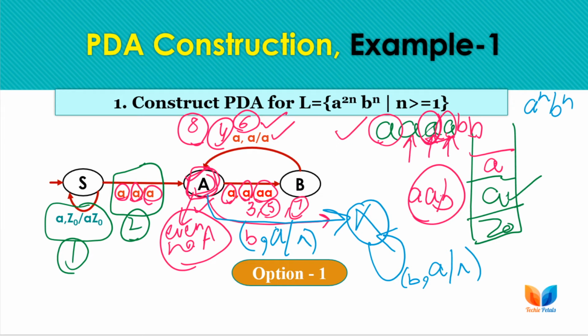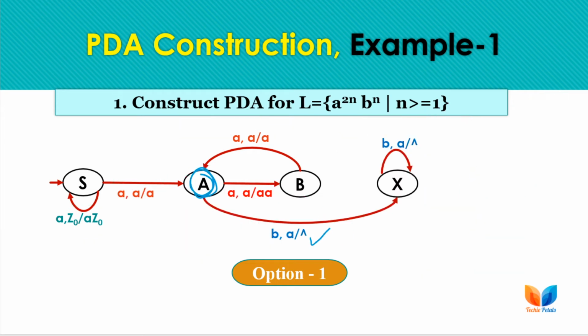A is the state where we are ending after reading an even number of input symbols as A, and after that from A we are starting with a pop operation. For the first B, we will have the same number of A's on the stack. So here we are performing the pop operation, and once we reach the end of the string, we can simply show the acceptance.